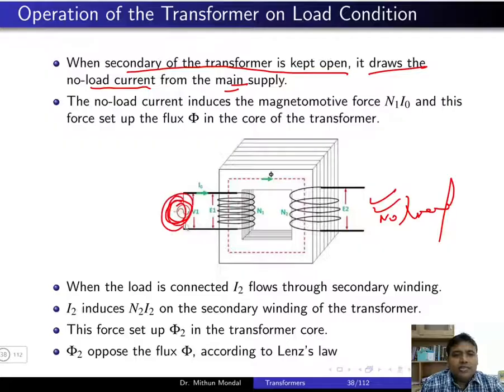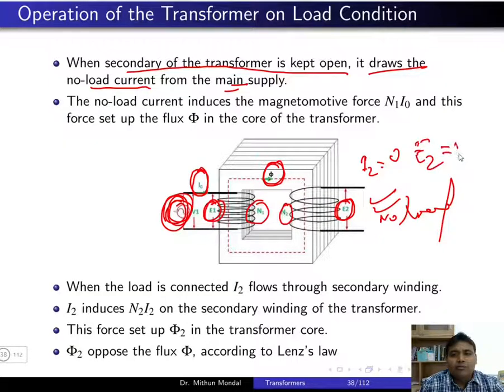The voltage which led to the flow of the current I0 is producing a flux phi in the core of the transformer. This flux links both the primary winding and the secondary winding, due to the mutually induced EMF, that is the production of E2 in the secondary winding, while E1 is directly produced due to the voltage V1. However, the current I2 will be 0 and E2 will be equal to V2. So the induced EMF E2 will be equal to V2, where V2 is the load voltage and E2 is the induced EMF.